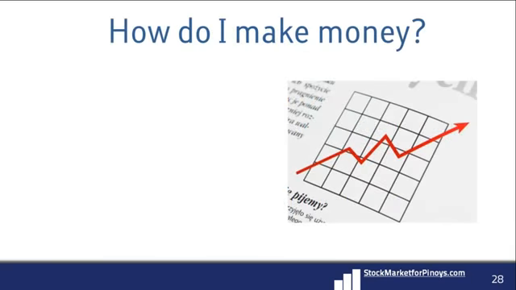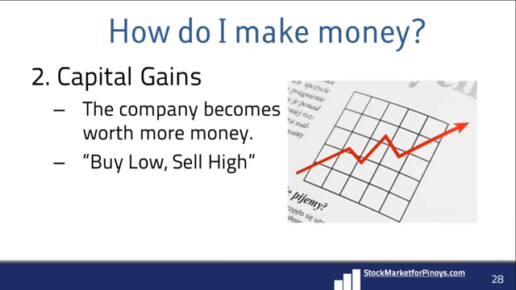Now, the second way you make money in the stock market is through capital gains. When the company you buy grows 5, 10, 15 years down the road, then the value of each share would also go higher. This is where the notion of buy low, sell high comes from. So, as an example,